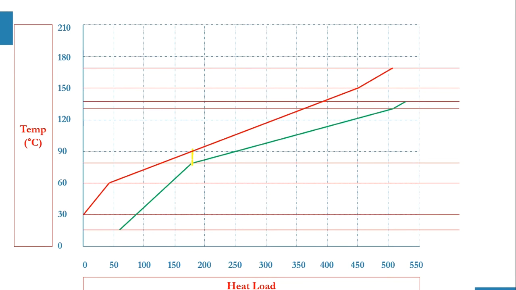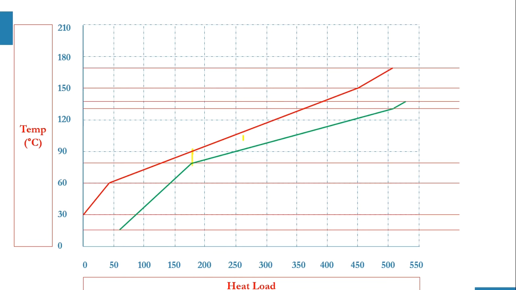So this corresponds to a temperature difference of 10 degrees centigrade, which is our requirement. So as you can see, at this point, we have achieved our required delta T. And obviously, why are we taking this point? Because this point was interacting with this line, and now we have to see at this point, which is the